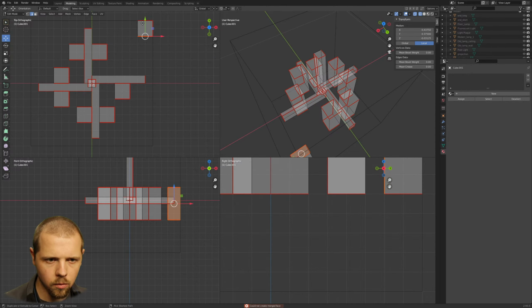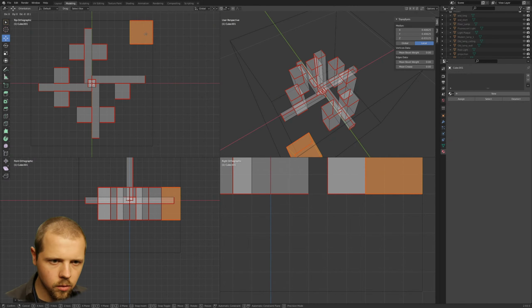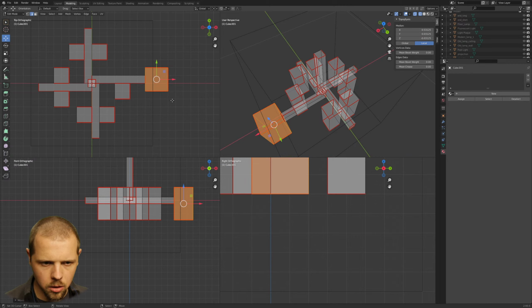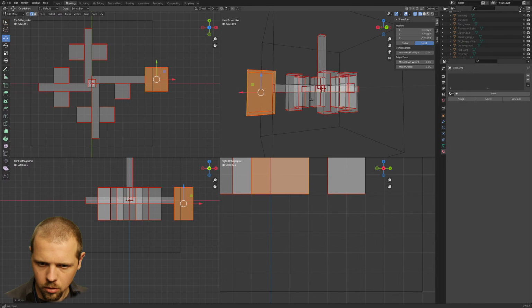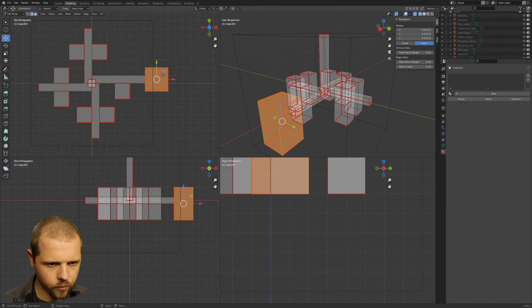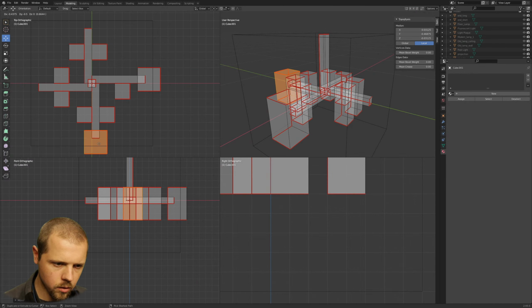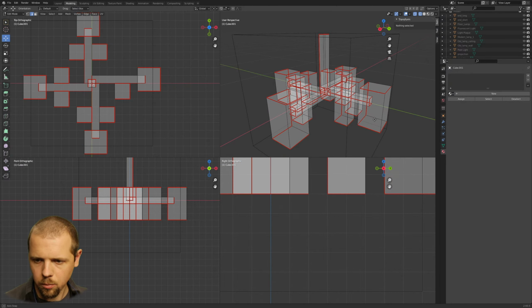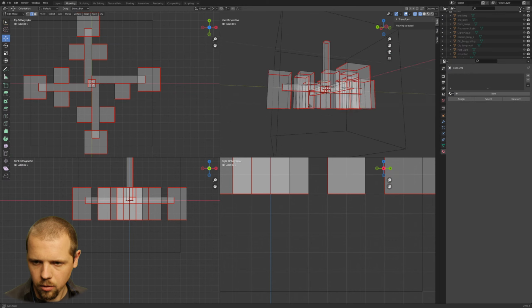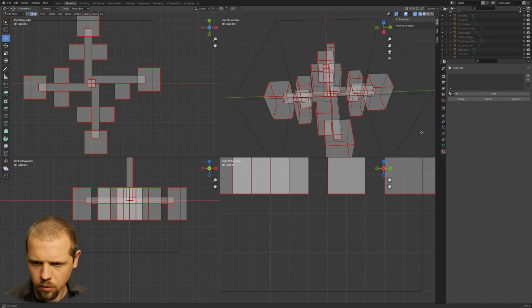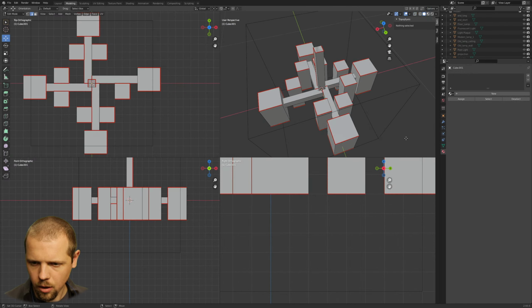Pop into wireframe. Let's make this a little bit bigger, a little bit stouter. Although we're not adjusting the height of it, so I don't know if that's technically making it stouter. We're just making it fatter, but not making it shorter. I don't know if that makes any difference. All right, so now